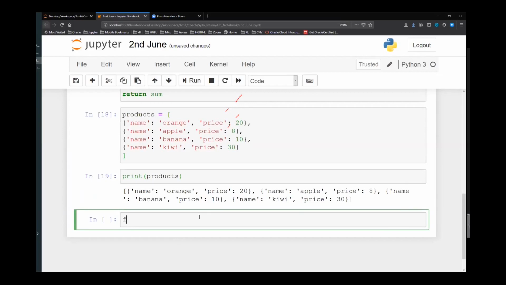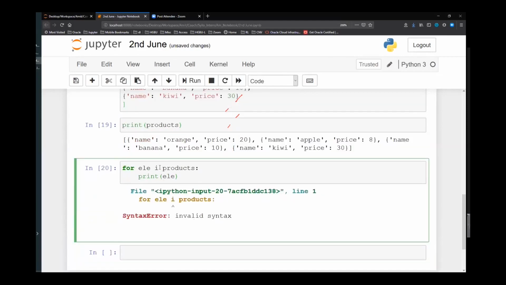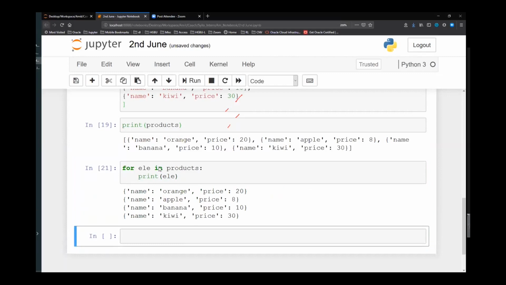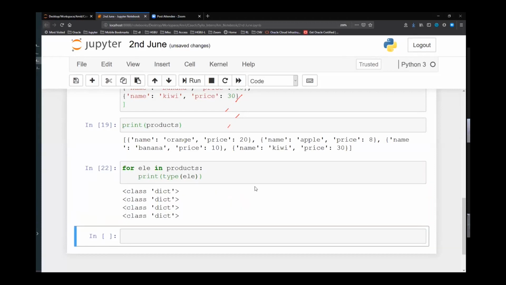So what I will do is for ele in products, print ele. Okay, something like this. Now I know that every element in this list is a dictionary. You can also check that by printing the type of element. Okay, it's all dictionary. Perfect.